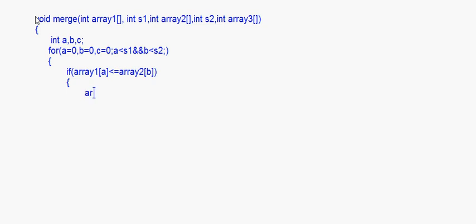So here you will write array3[c] is equal to array1[a], because that is the lesser one, and here you will write c++ and a++, advancing the subscript of array1 by one position, because you have put the element of array1 into the final array.